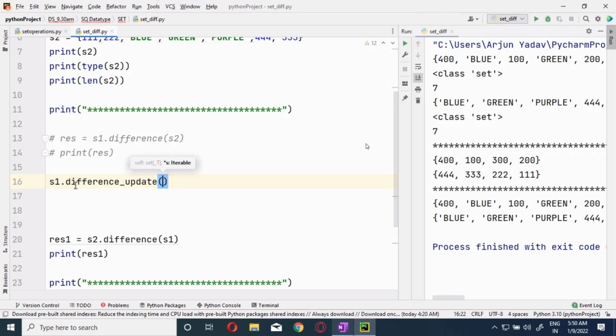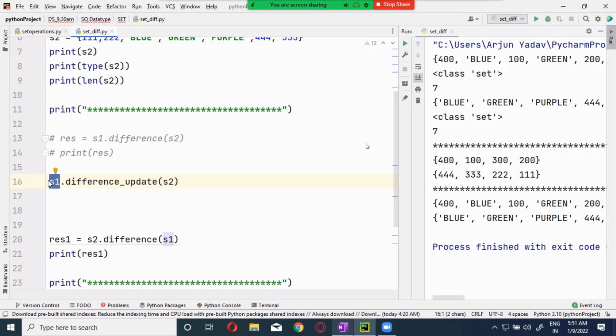So what is the primary set over here? S1, and the secondary set is S2. It will compare the values of the primary set and the secondary set. Usually it gives out the unique values of S1, but in this case it will not give out, it will change it, it will update S1.